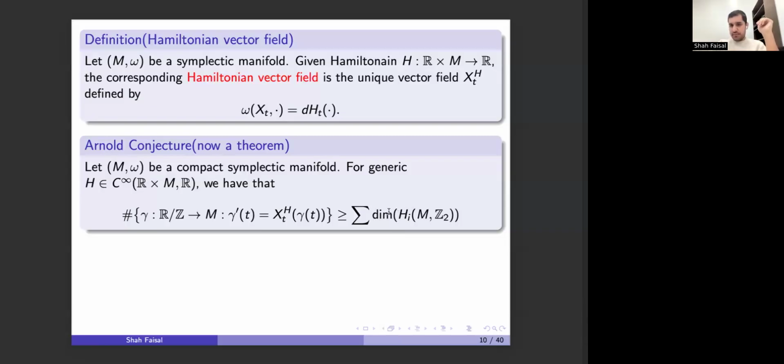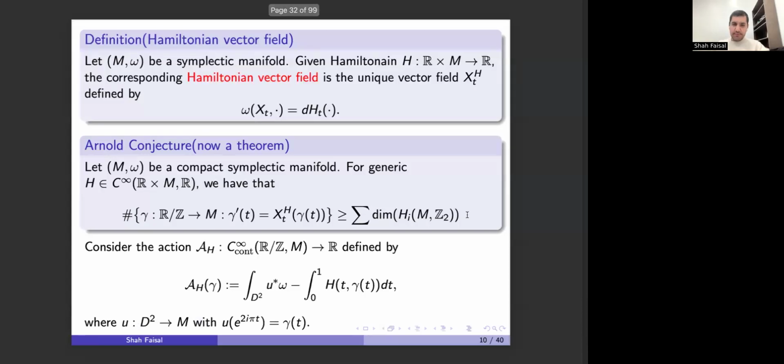It's just a pure topological invariant you see. But one can ask what is the connection between the symplectic topology of the manifold and the dynamics. And one can expect that